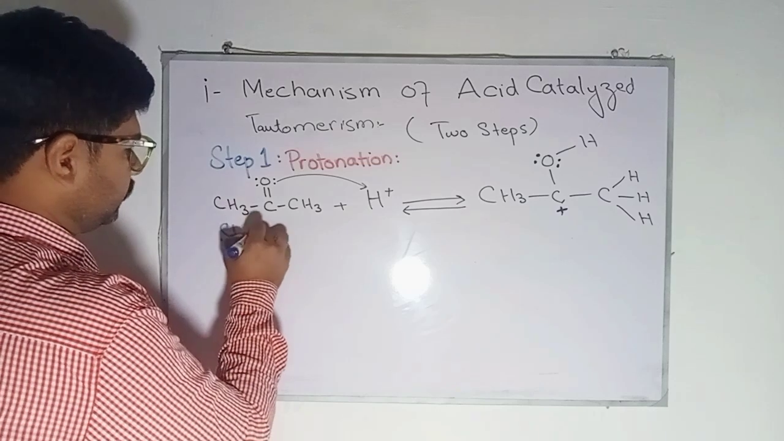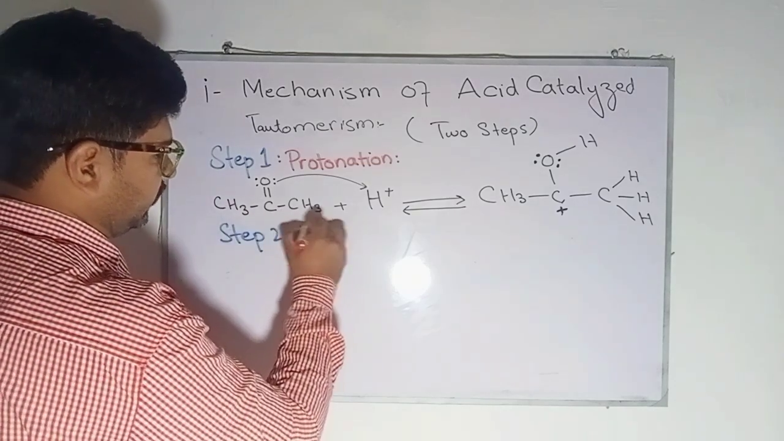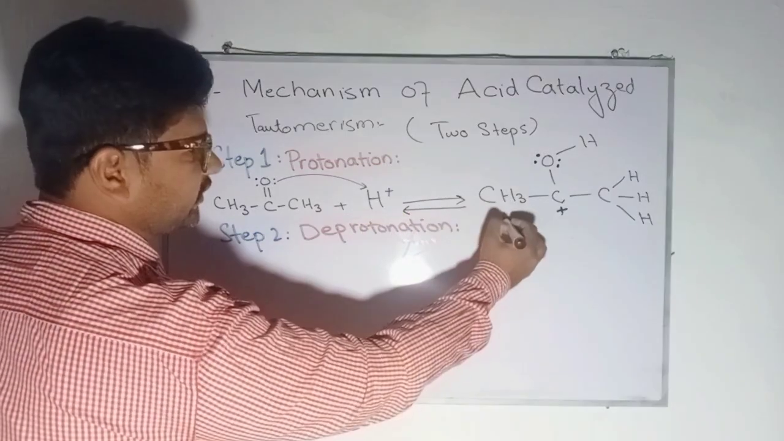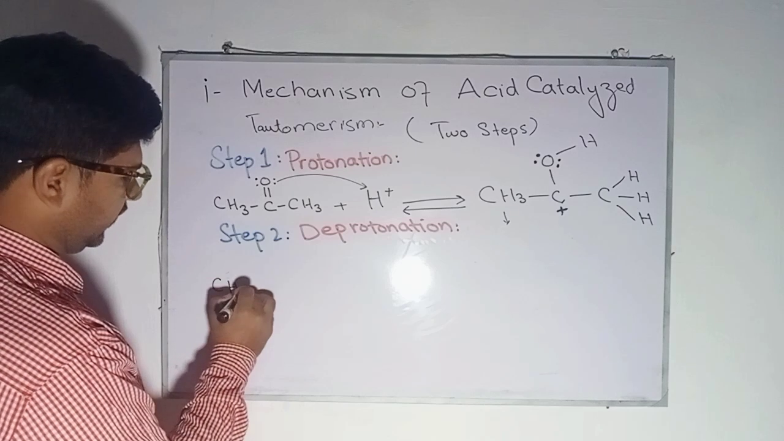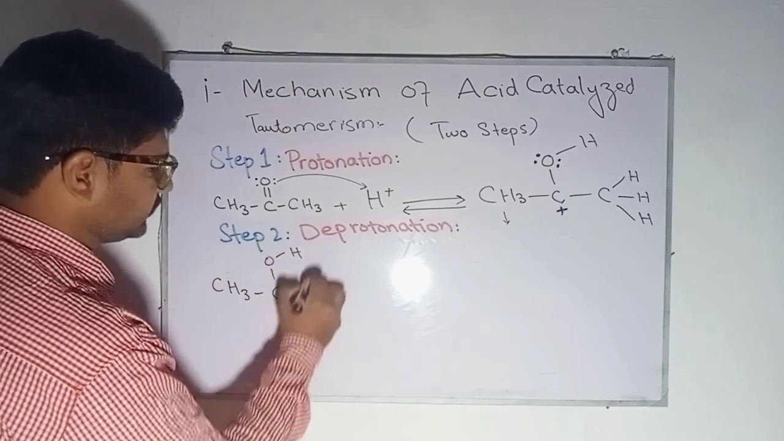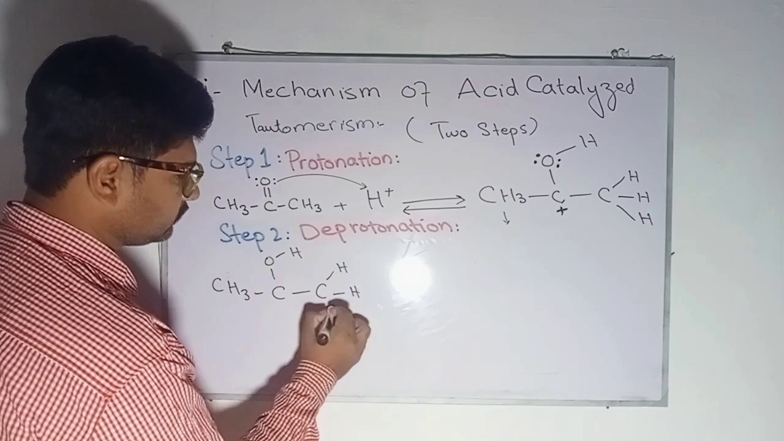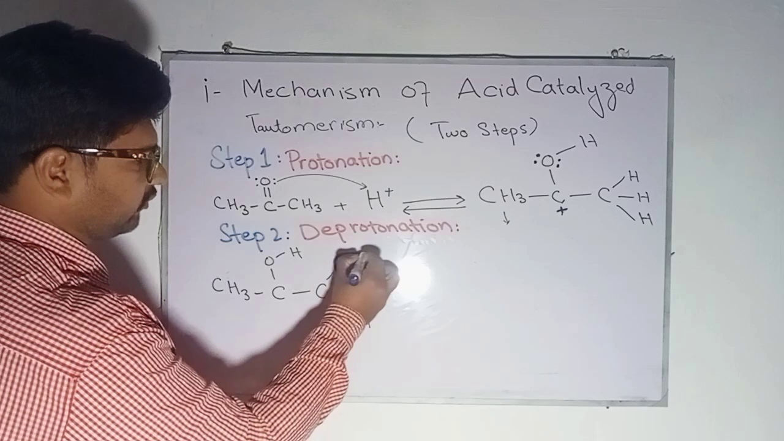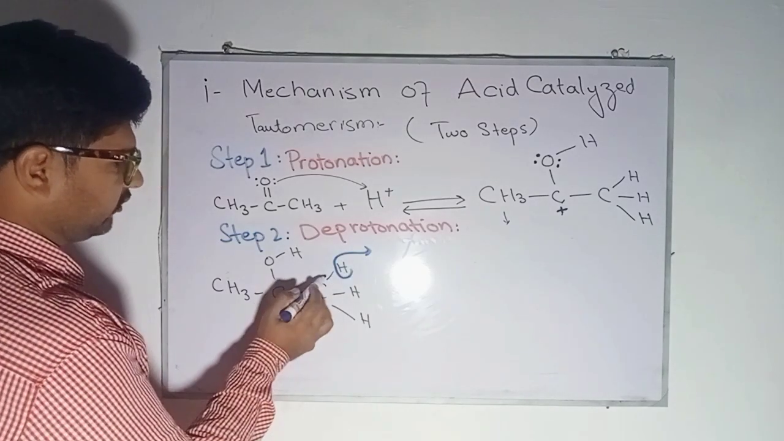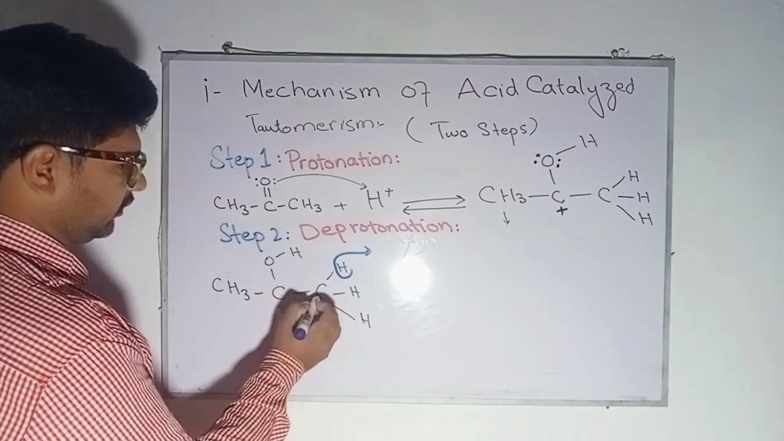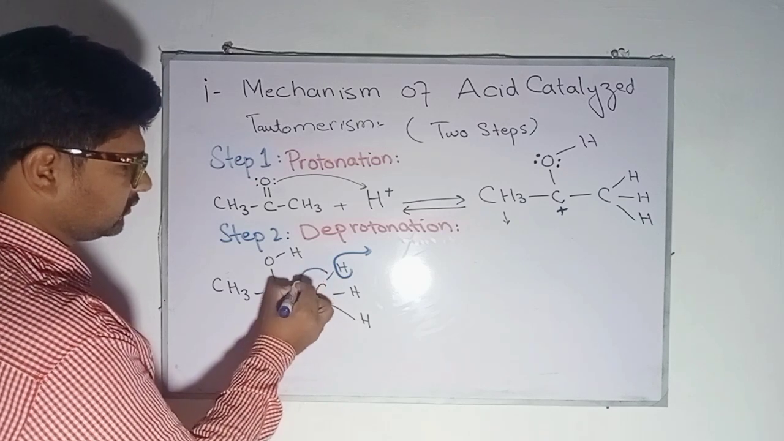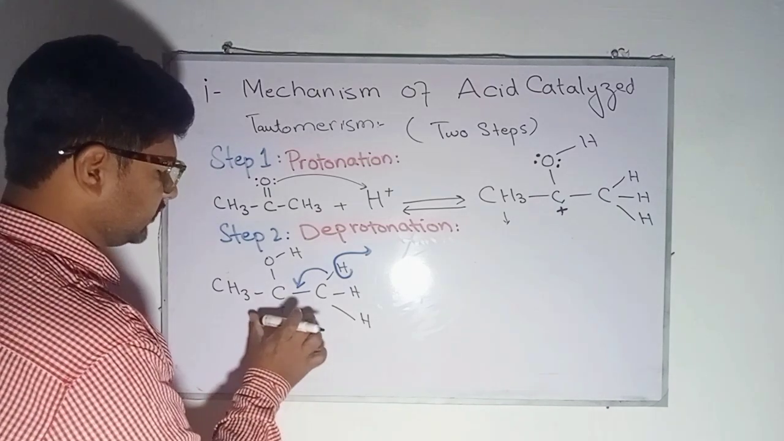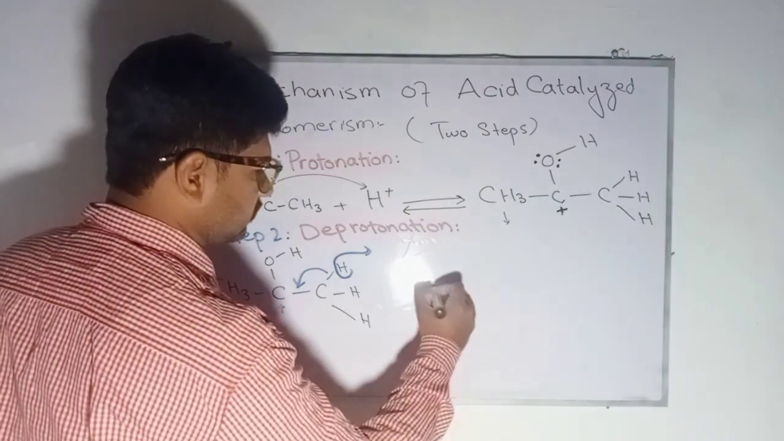Now, step number 2 is deprotonation. Same intermediate as CH3 single bond, C single bond, OH. And here, this proton will be removed and the bond will be shifted in between the carbon and C plus in order to stabilize this intermediate. So we will get